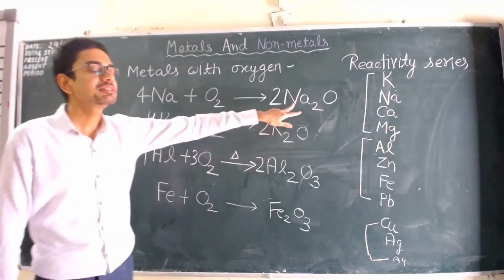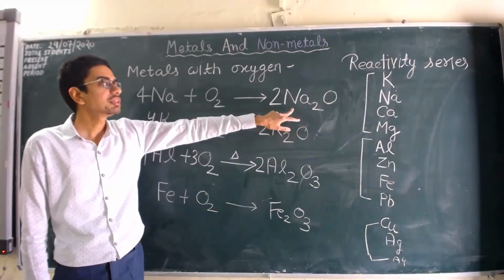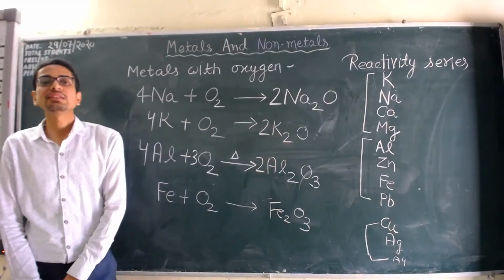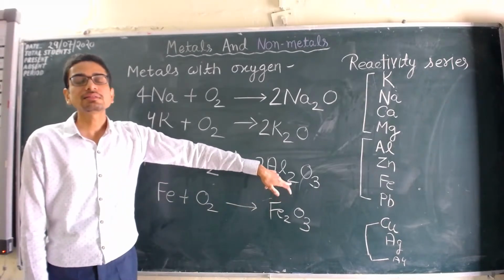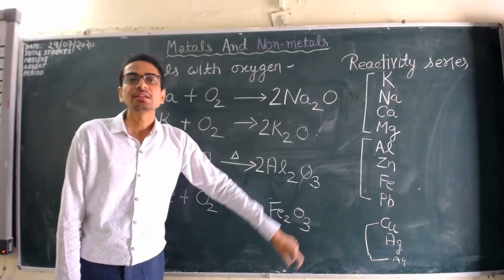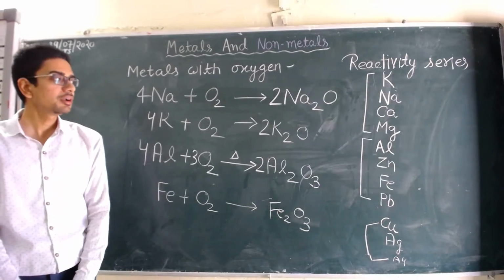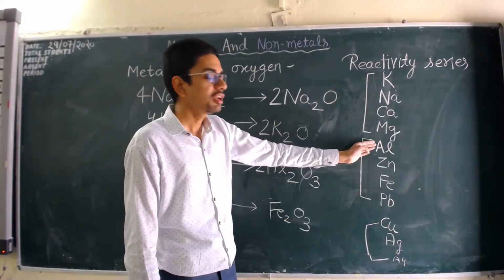Sodium oxide is basic in nature. Why? Can you write down? Why is sodium oxide basic? Because it is a metal oxide. Okay, potassium oxide is also basic, but aluminium oxide is basic as well as acidic. Iron oxide is basic as well as acidic. Why? Metal oxides are basic in nature, but you can see that in this list, in this series, these aluminium,